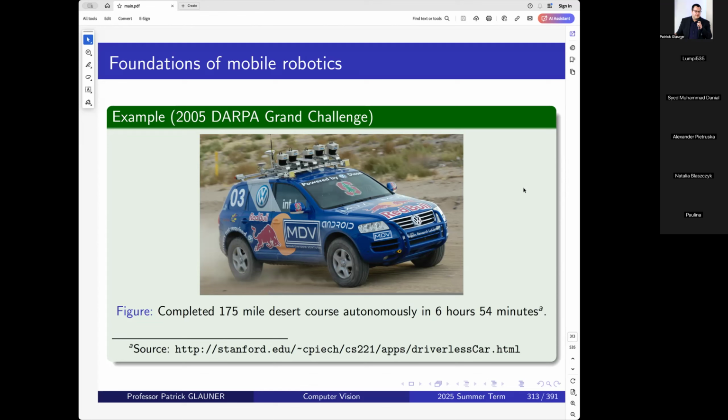actually won. Something I find a little bit sad, in fact, is Volkswagen contributed a lot to that Stanford car through its electronics research laboratory. And they were definitely a pioneer with this stuff. But nowadays, I don't really see Volkswagen anymore as a leader in autonomous or semi-autonomous driving. So it's a real pity because they had a competitive edge 20 years ago, but didn't make much out of